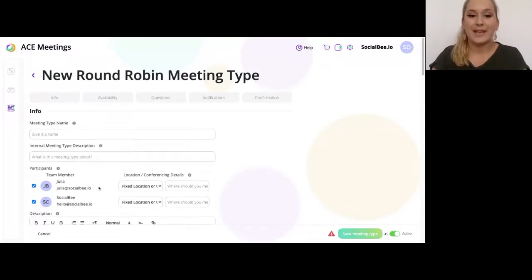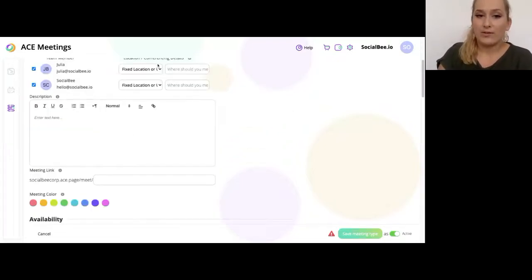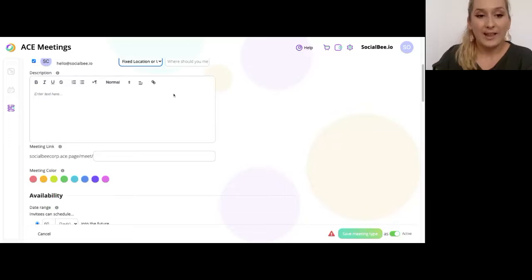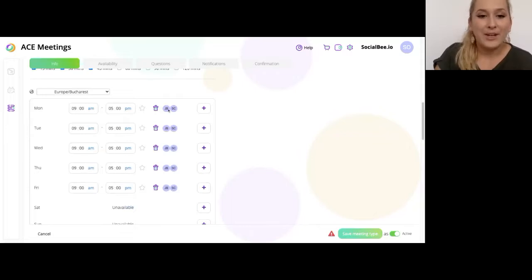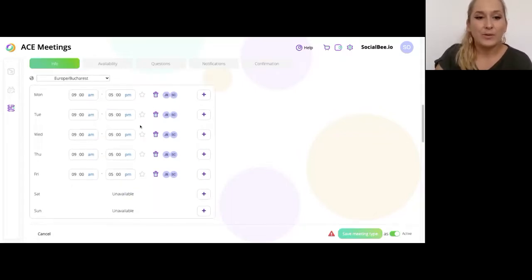So you'd be able to select the team members that you want to join that particular type of meeting, and then share their location or their Zoom account, because you can connect more than one Zoom or Google Meet account for this specific purpose. So if I wanted Julia to go in and connect her own Zoom, she could do that, and we could have separate Zoom accounts for each one of our own calendars. I would add the common details, and I'll show you how to do that in a minute, but here at the availability stage, this is where you'll be able to see